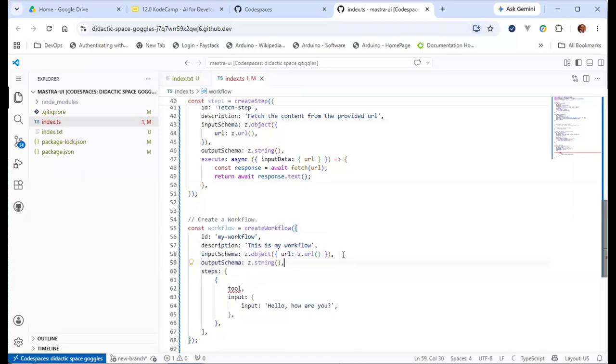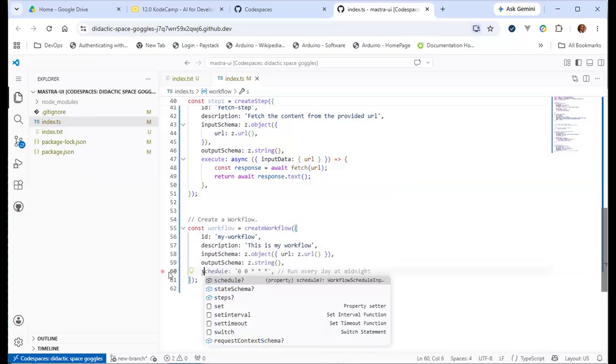So the output schema, right? Then you now declare the steps. Let me confirm this. The steps are not even necessarily required because there is another way you can dynamically add steps.